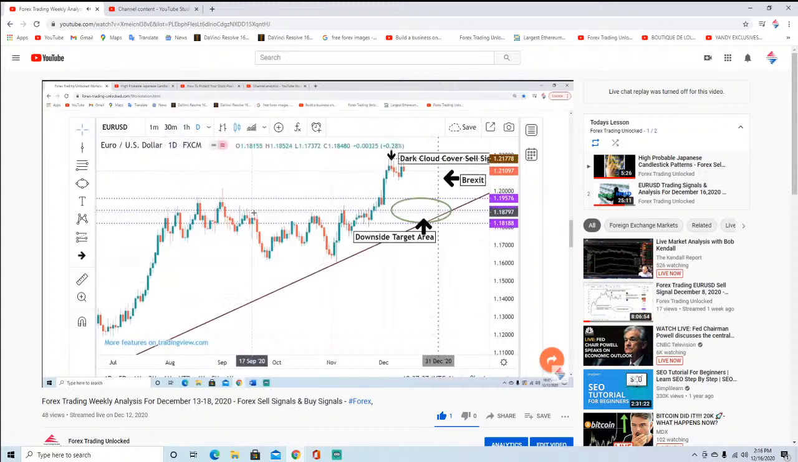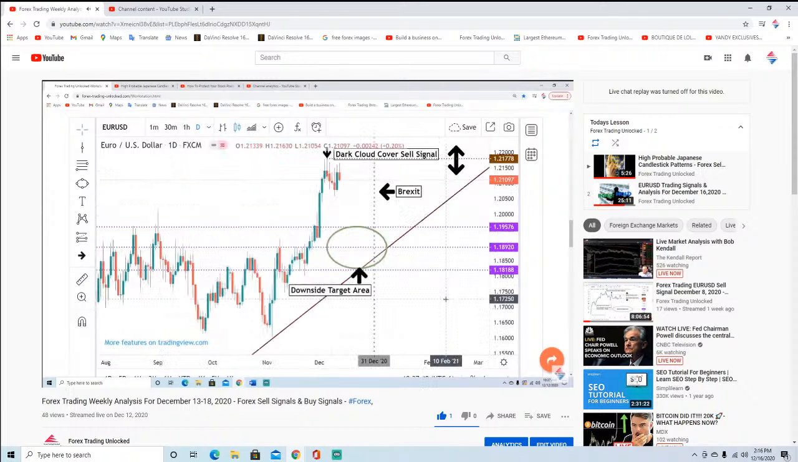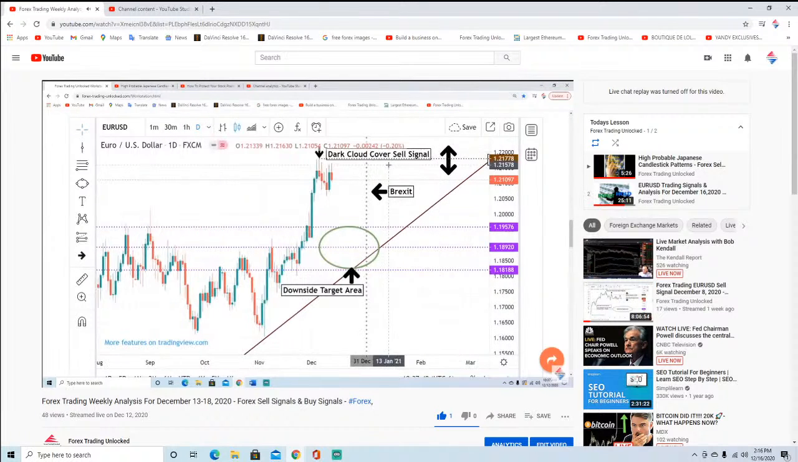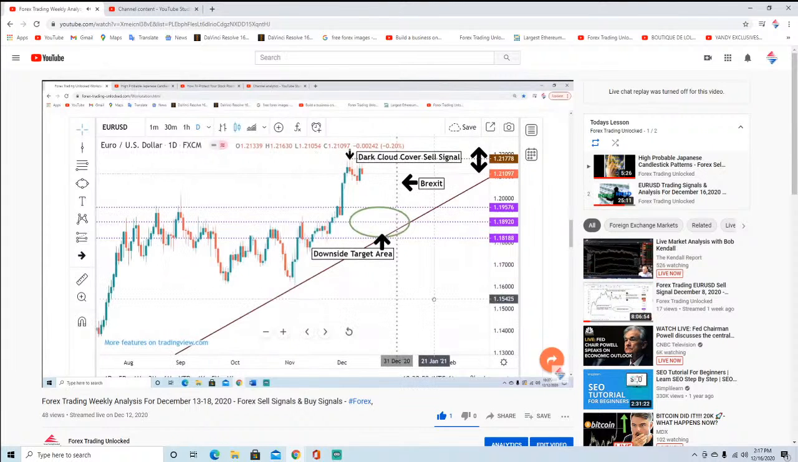All right, we have the euro US dollar pulled up here. A little over a week ago, we had a dark cloud cover sell signal. That's this top. That's where this first red day is up here. Now, this dark cloud cover sell signal has the market targeting down to this $1.1957 to $1.1892 area. $1.1818 I think would be the lower extreme because it also has this upward sloping support line that's